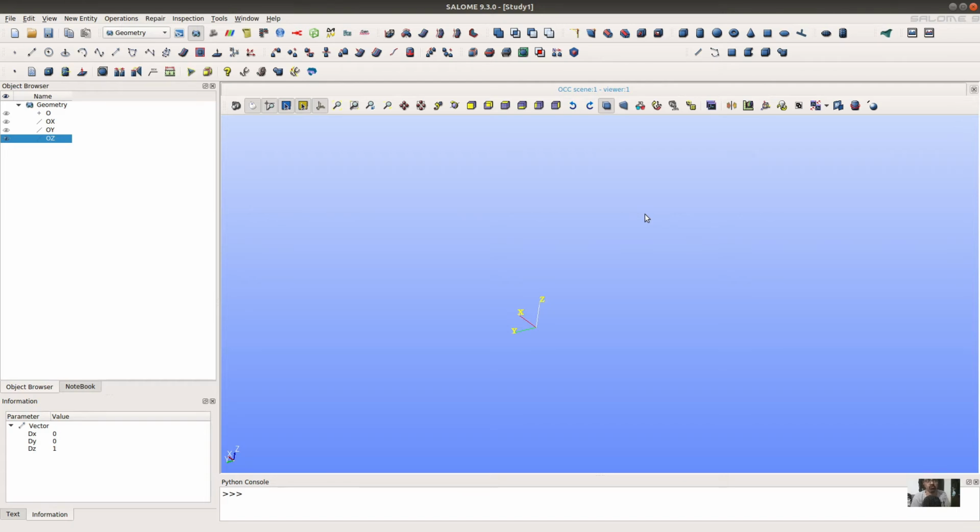Now we can select from several predefined objects here, like box, cube, cylinder, and various other shapes. First I'll create one cylinder in the z direction.